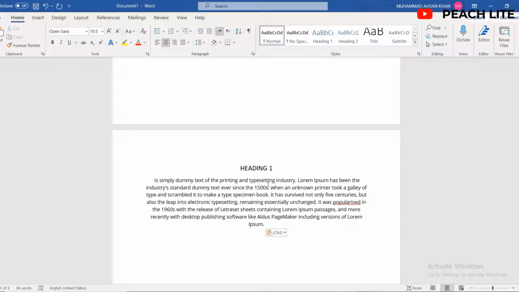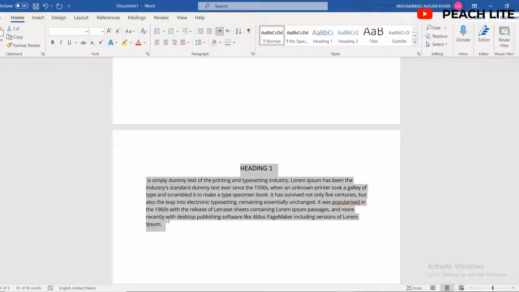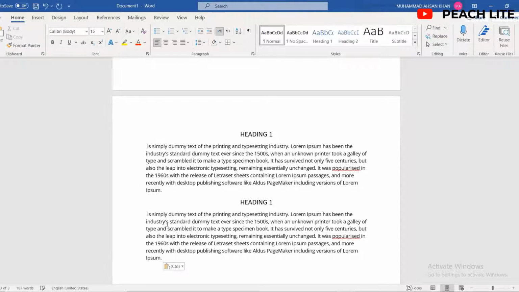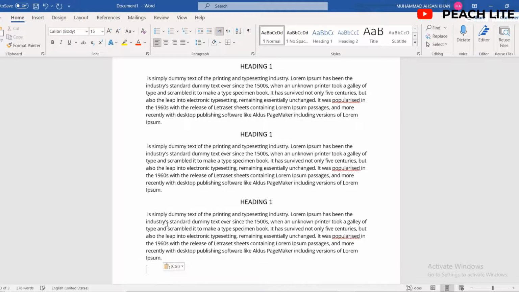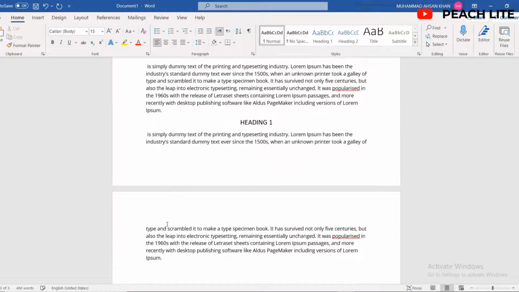So for every heading I press Control E, and every heading has its own paragraph. So let's suppose this is heading number one, this is heading number two, this is heading number three, this is heading number four, and this is heading number five.